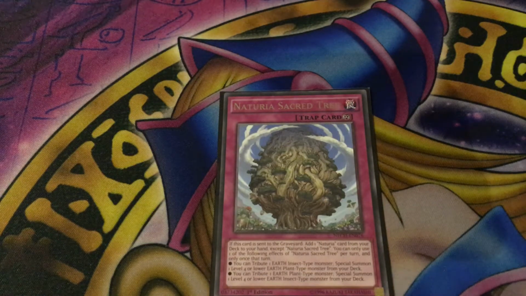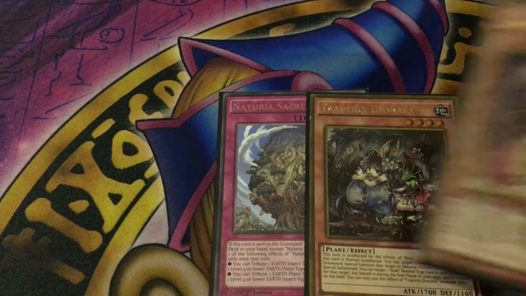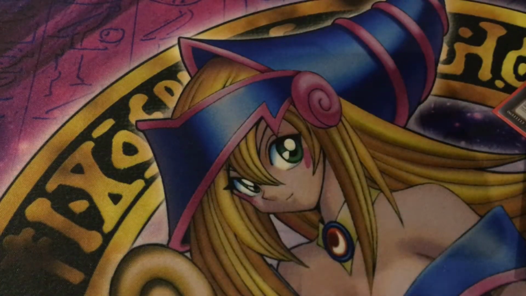your deck. So this card basically lets us trade in any of our plant Traptrix monsters for an insect type Traptrix monster. So this card actually does work really well, so you probably want to run this at 1 or 2 because it does give you some decent